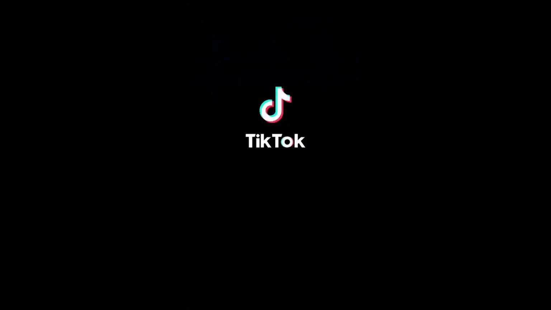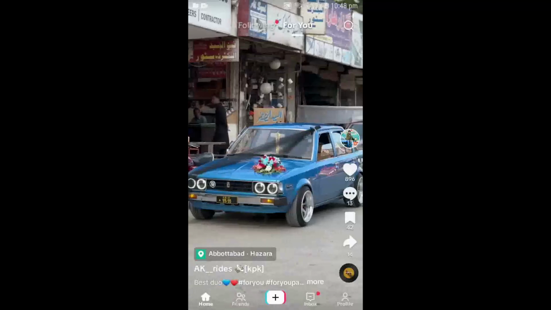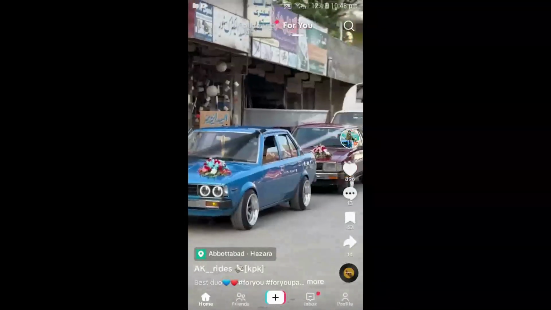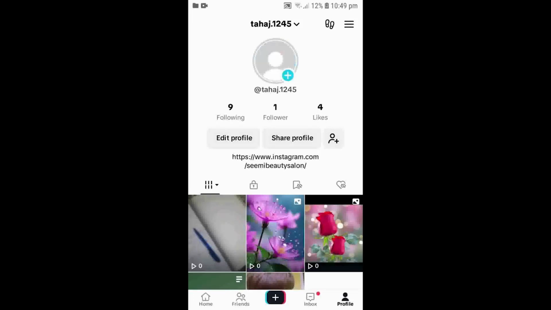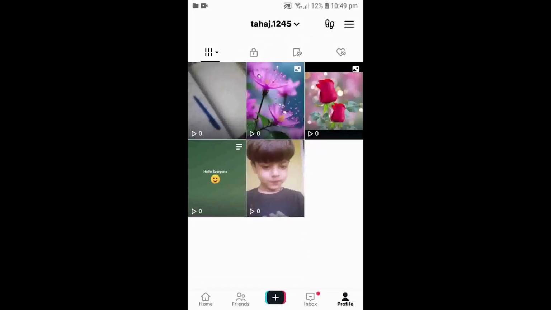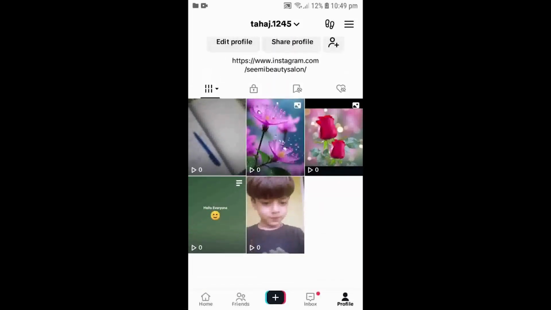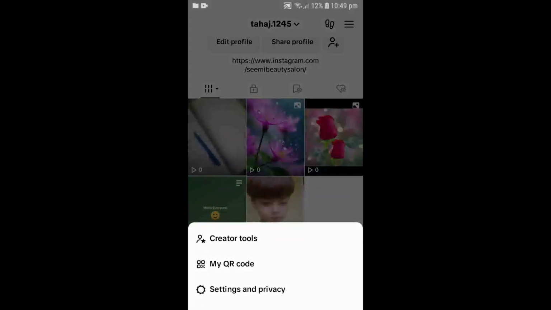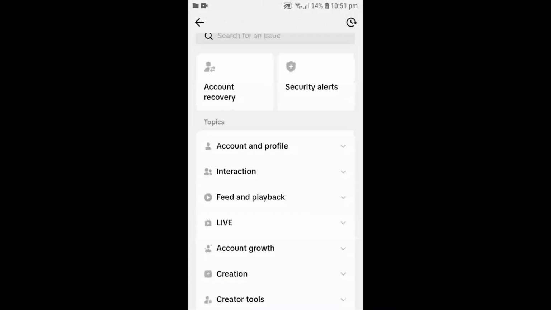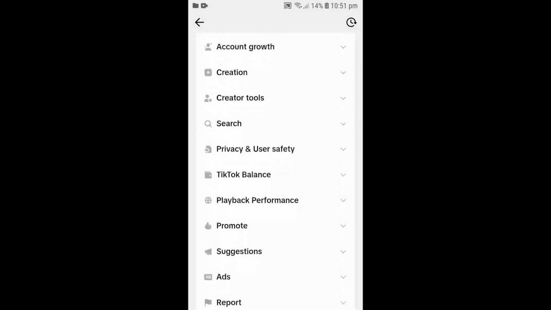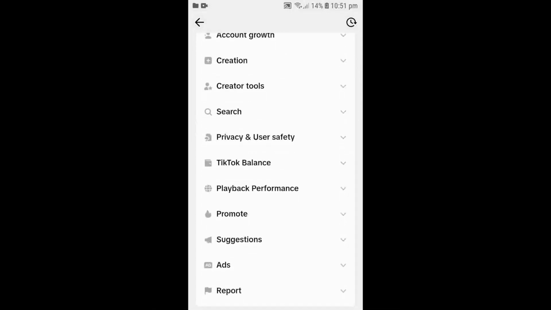First of all, we have to go on TikTok. Then we have to go on profile. And here we have to hit on this button which is top right corner of the screen. Here we will go with settings and privacy. Then you have to scroll down and hit on